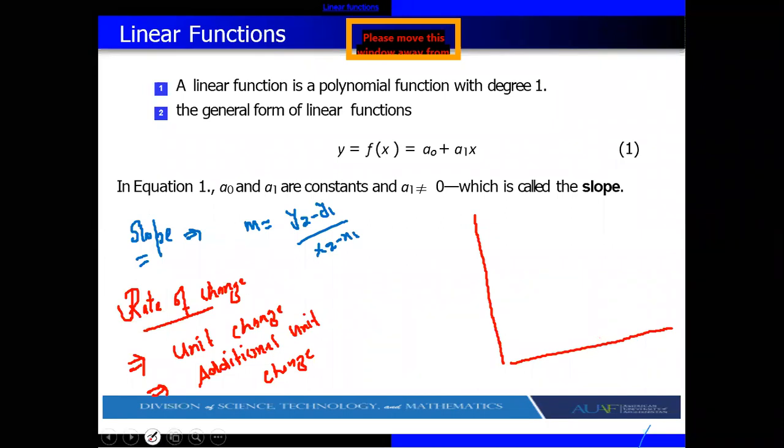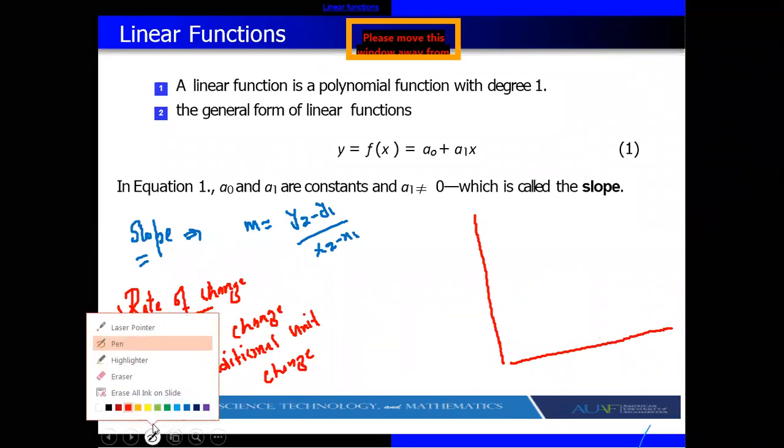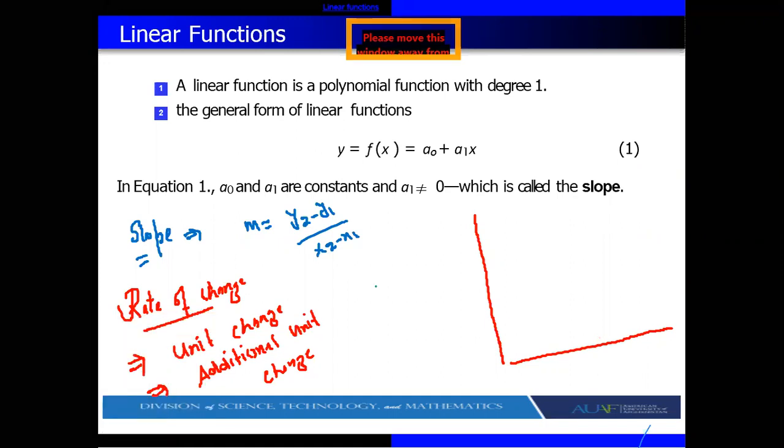I remember we discussed the problem of advertisement and sales. For example, sales of a store, sales of any company, depend upon what? They depend upon advertisements. Advertisement is x and sales is y. This is the function. Let's suppose if you spend $10 on advertisement, sales for the store are, let's suppose, 5,000.